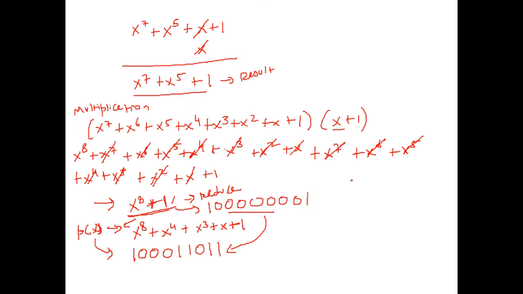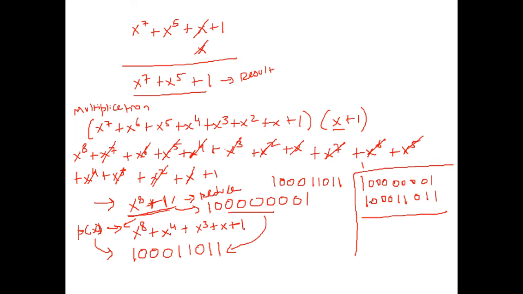So we'll go and see the division. Let me write it here. It's nothing but 1 0 0 0 0 0 0 0 1. This should be divided by this one, that is 1 0 0 0 1 1 0 1 1. So just give a 1 and then you write it here. So it is 1 0 0 0 1 1 0 1 1. So 1 and 1 gets cancelled out in an XOR. So you'll have 0 0 0 0 0 0. So the output here will be 1 1.